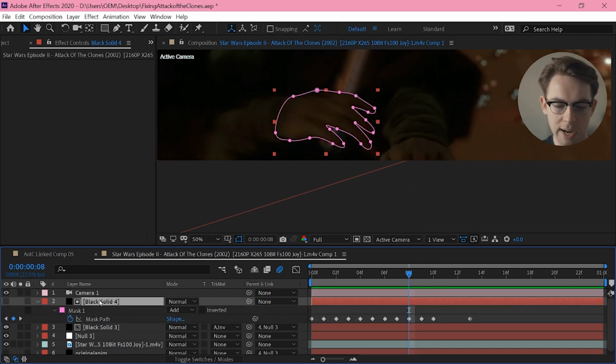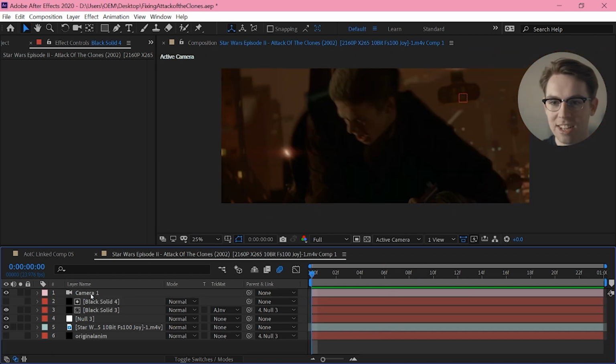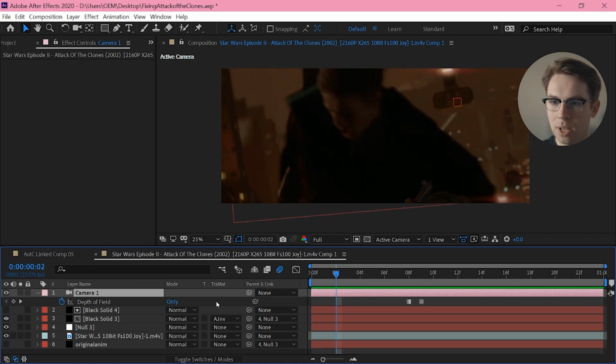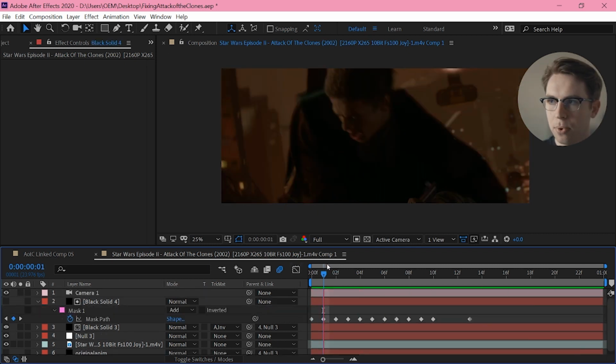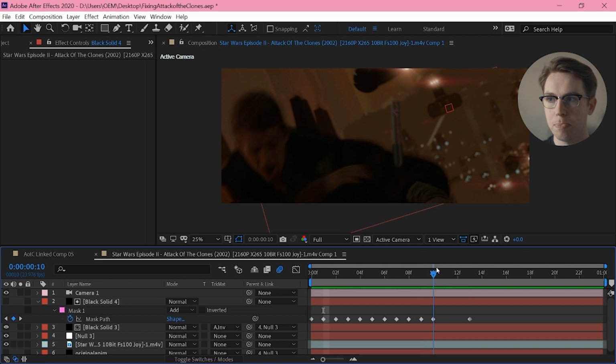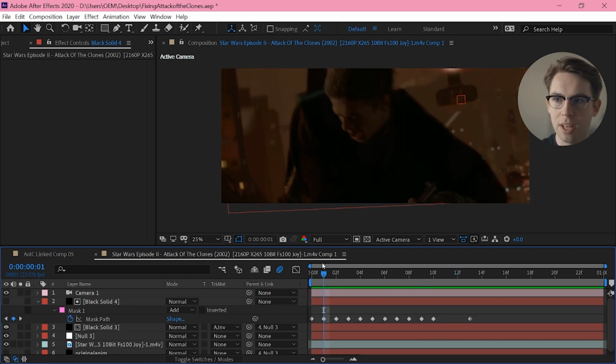Probably starting from around here and working my way forwards and backwards. And this camera that's sitting on the top here is just so that I can control the depth of field. I don't think it's doing anything else. That's basically it. Pretty rough, but it actually matches into the shots around it pretty much spot on. You know, it's not too hard to match 2002 level visual effects.